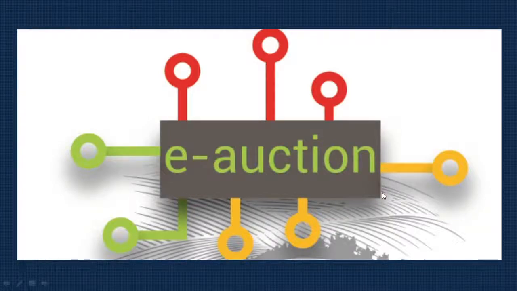E-auction is one where users can post their product online and the other users can bid for it. That means they can quote a price. Whoever quotes the maximum price is the winner and the product will be sent to them. Therefore, any product which you are not using, you can always sell and make money. So this was the logic behind this particular project idea.